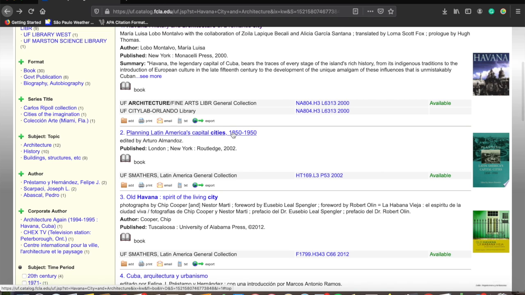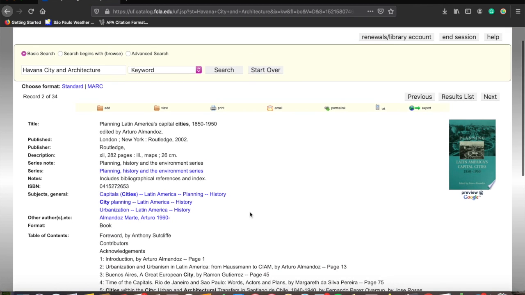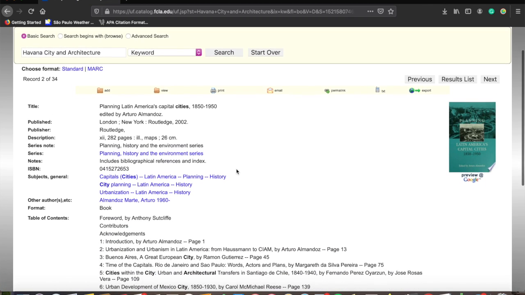Planning Latin American Capital Cities. This may seem a little bit too general for my research presentation since it's focused on Havana City. So let me continue looking. Is it a scholarly source? Yes, it has an